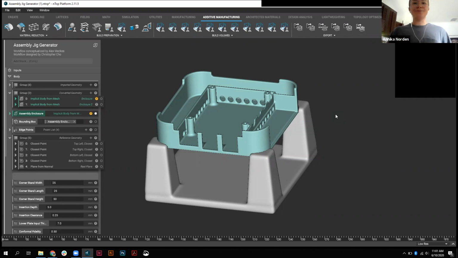just with simple Boolean operations that might not be as capable within traditional CAD software. So in the last example, you saw a kind of fixture that works as a vise. I urge you to check that out on our nTop Live, on our YouTube channel. This one's going to be a little bit different. Here we're working with some kind of aluminum sheet metal part, some kind of electronic component and circuit board, and creating a kind of jig that can hold this up and allow for whatever manipulation assembly needs to be